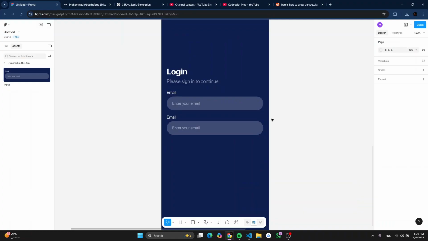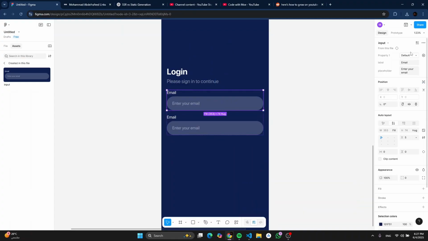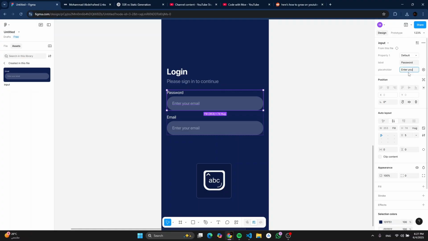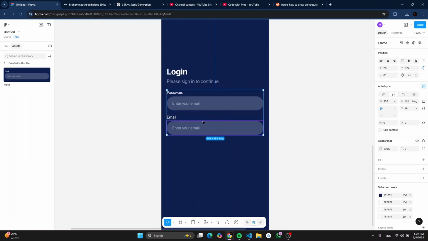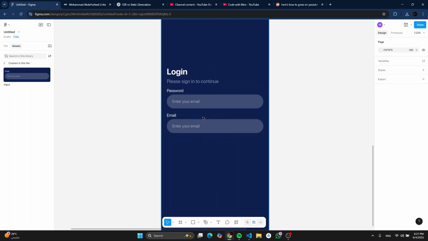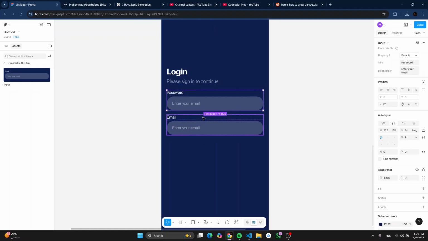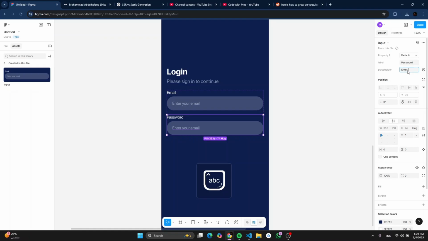I think we could just make a little bit down. Cool. Okay. So now for this one, I have things to change, as you can see. So it's not email, it's password now, right? It's not "enter your email," it's "enter your password." Cool. And no, not this one. Sorry, I mean the second one. Oh my god. No, wait. I'll just call it email again. And this one I'm going to change. So password and enter your